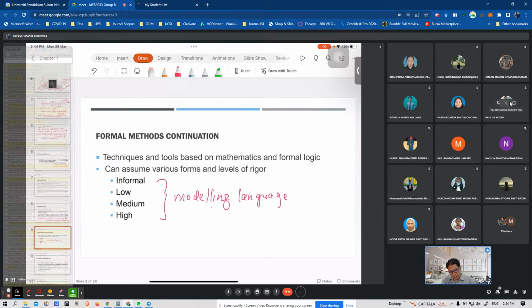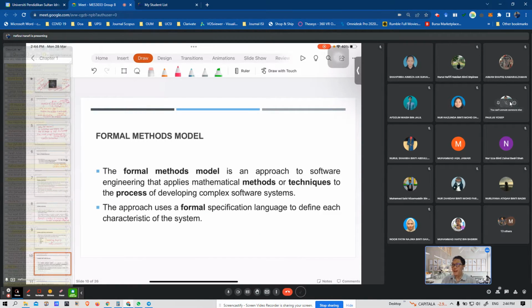Modeling language ni basically kita akan gunakan mathematical and semantic. Okay, for the model,